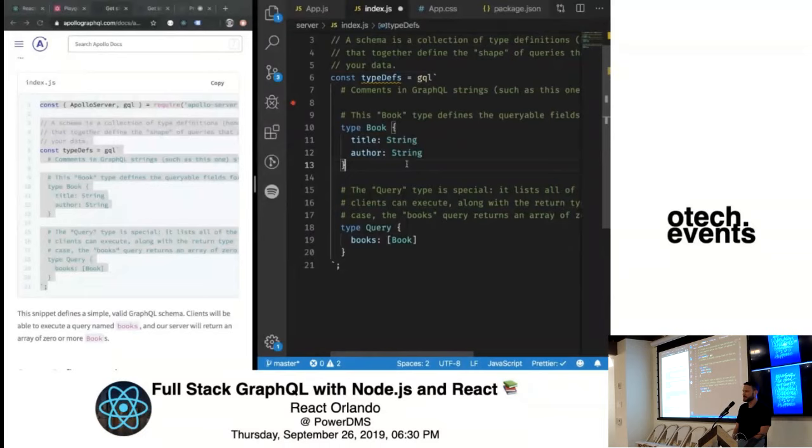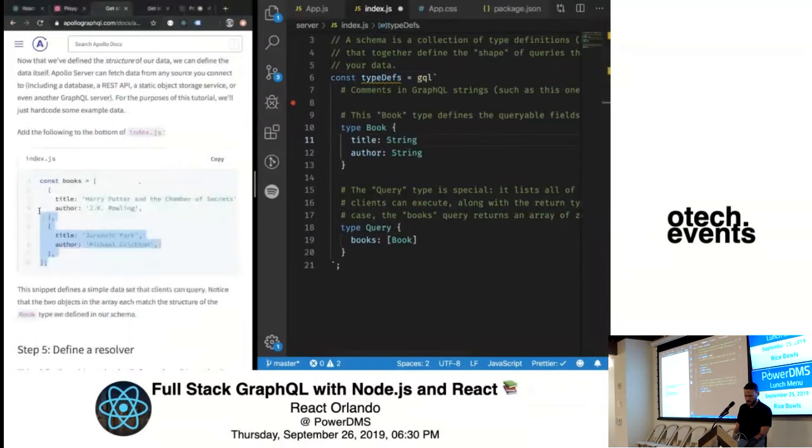In a GraphQL schema, everything has to come down to scalar or primitive types. So you can't just say book is an object and there's stuff in there, don't worry about it. You have to define every field that's inside of that book. So these books have two fields, title and author. Those are the only fields that should be available on the book type in this API.